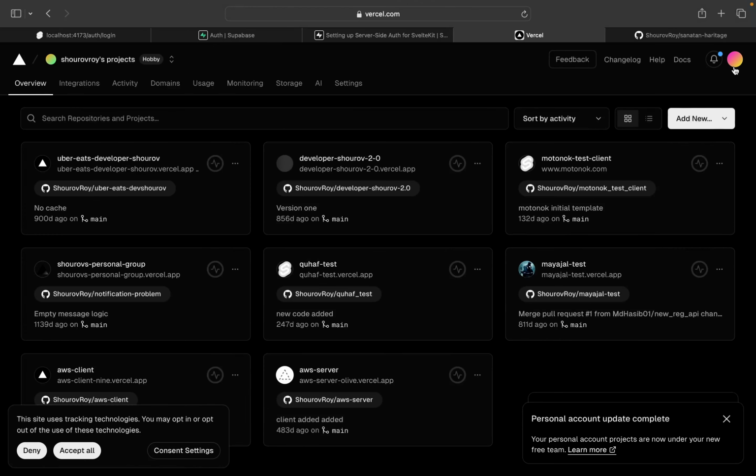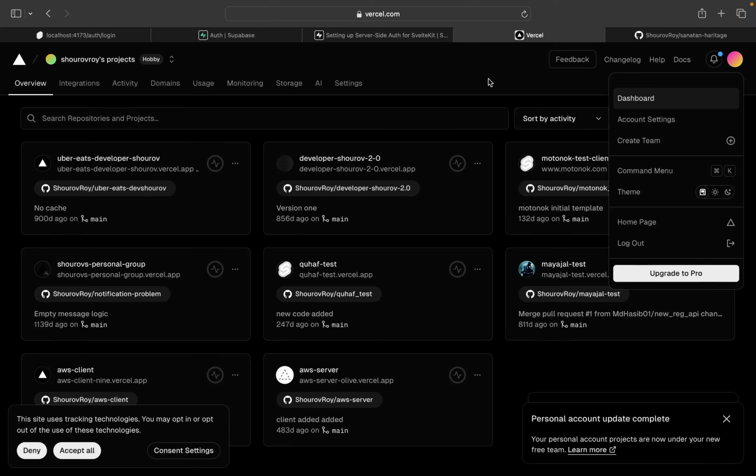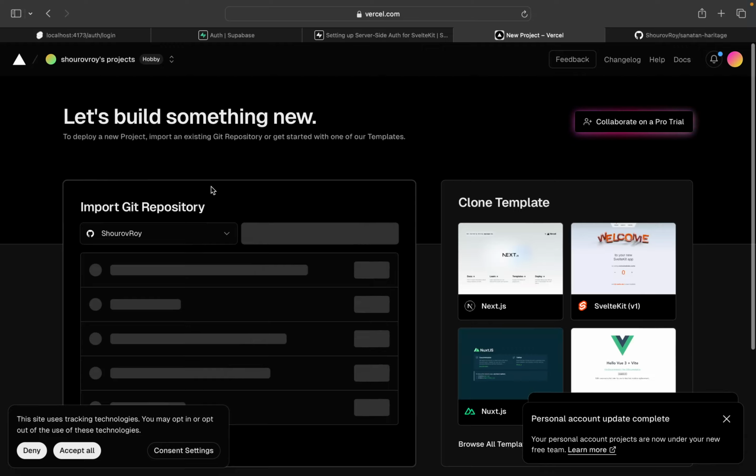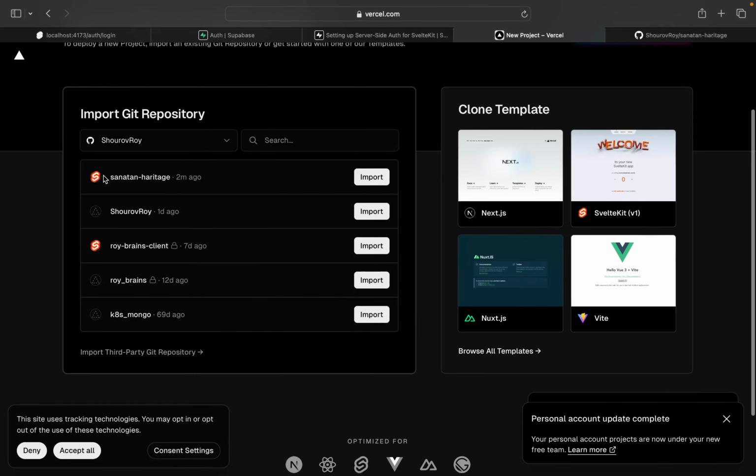Okay, so first of all you need to create another account, or you can also link your Vercel account with your GitHub account. So while creating the account, you need to click sign up with GitHub and connect this account to your GitHub account, then click add project, and here you will see your latest project at the top of the list. In my case this is Sanatan Heritage. Import it,